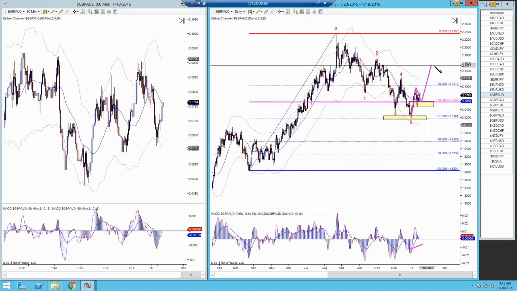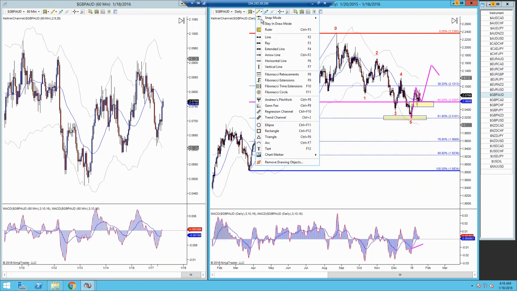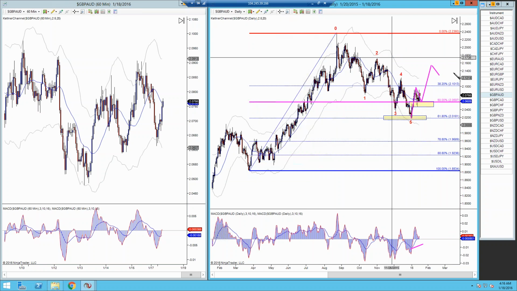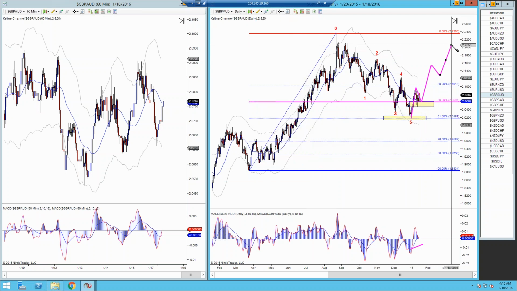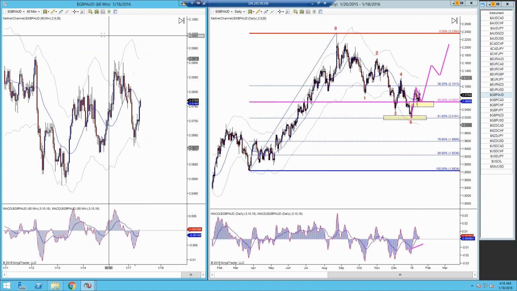I'll just do this one more time. All right. And then it goes up one more time. I'm just doing it like this because I don't want to stay in drawing mode. So this is what you're expecting. That's the daily chart. So now you look at the lower time frame and you have to look at where